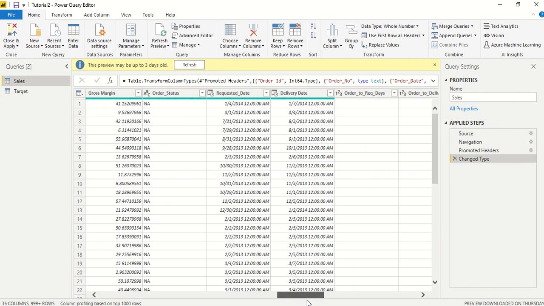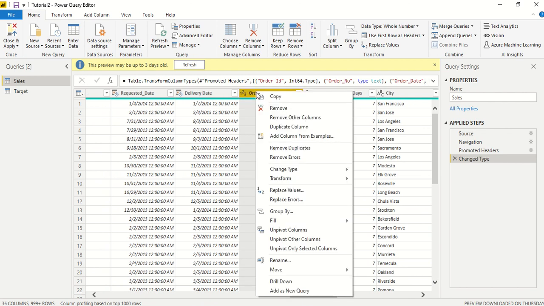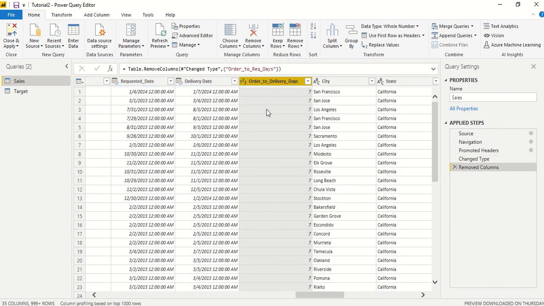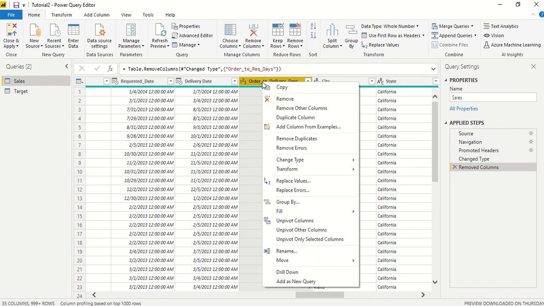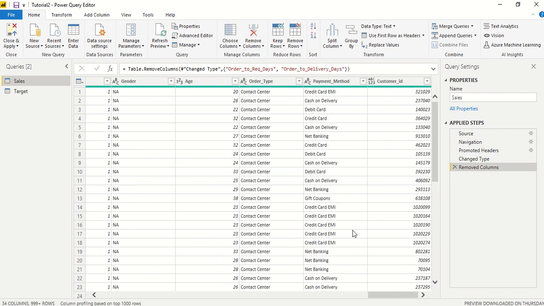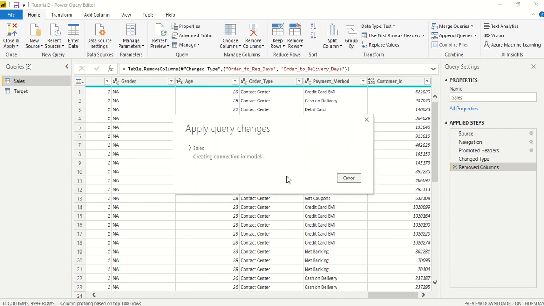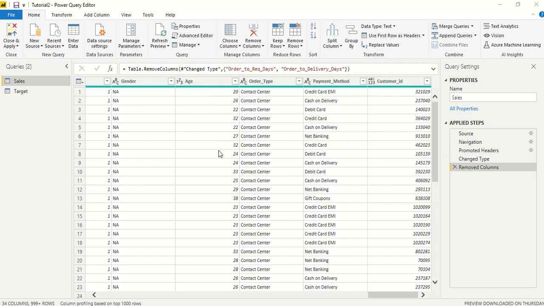So we scroll here and we see the two dates are there and their difference is there. We don't want this difference because we are going to do that in Power BI and see how we can do it. So we are going to remove those, and once this is removed, I think we can save it now. Apply right away. We want to apply those changes. Now it will blink a couple of times when showing the switch, but that's how it happens.